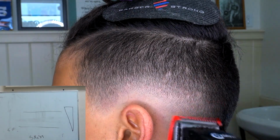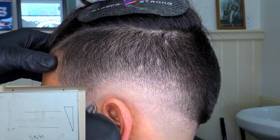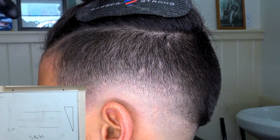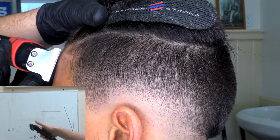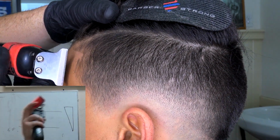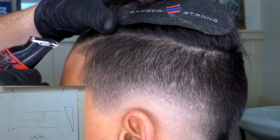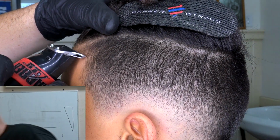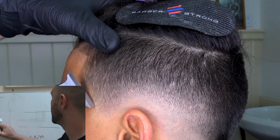But in other situations, you might actually have to go up to the 2. But in this particular situation, I was able to execute and get this done with skin, open taper, gradually closing it down, jumping to my number 1, coming back to the half, then going on to my 1.15. Now, I did it out of order in order to save time, but if you actually see the steps that